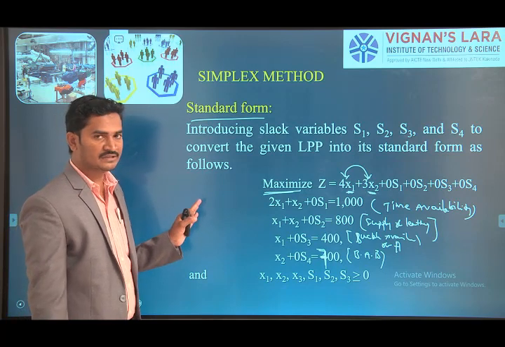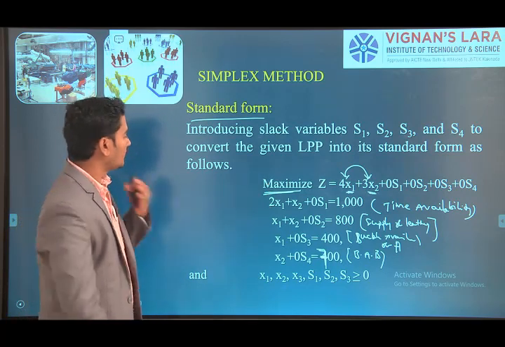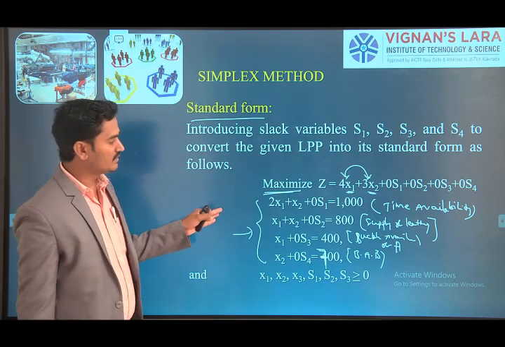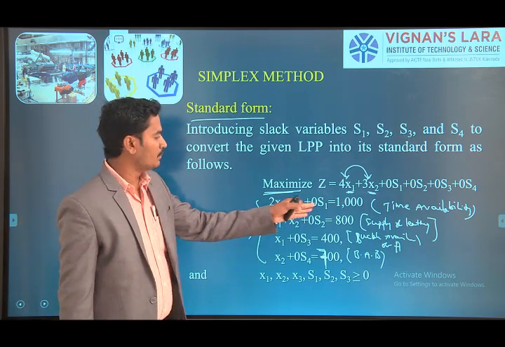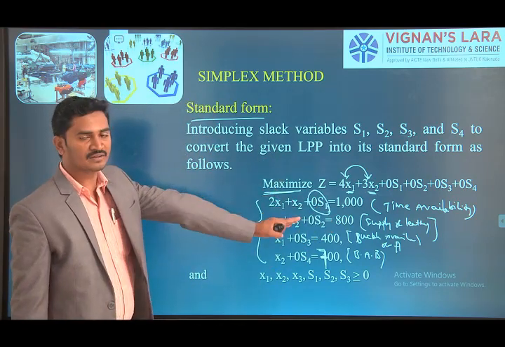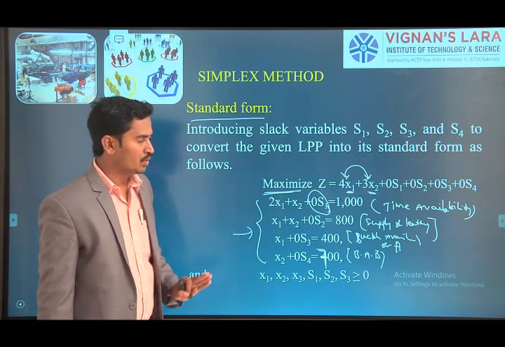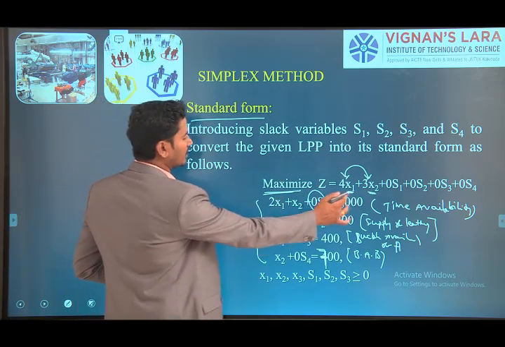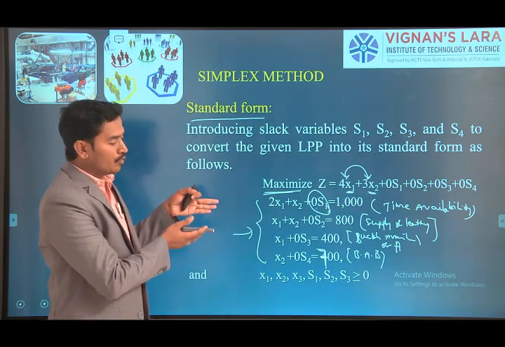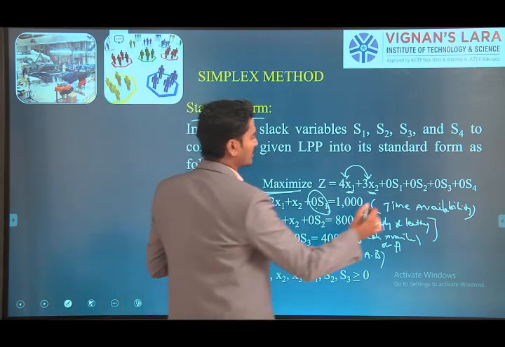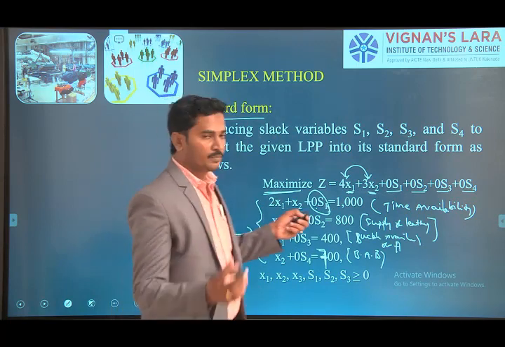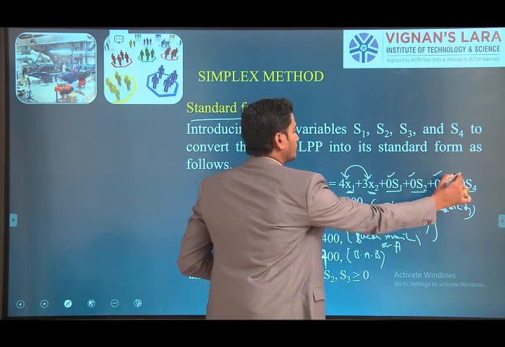Now we are going to convert each constraint into an equal-to type. Here, these are all less than or equal to type. Simply, we are converting this less than or equal to type into the equal to type by adding the slack variable. It doesn't affect anything if the contribution value of the slack variable is 0. Okay, so we are adding these contribution values into the objective function. Here we have a total of 4 constraints. That's why we are taking 4 slack variables. Those 4 slack variables are added in the objective function with the contribution value of 0.